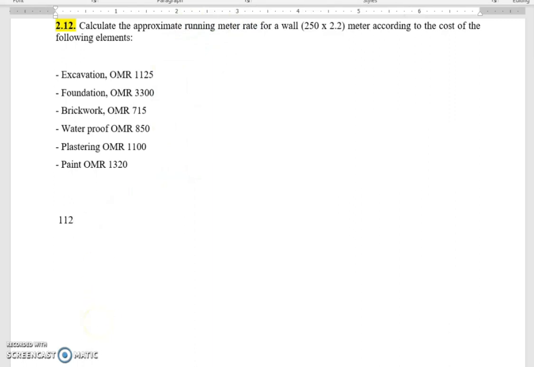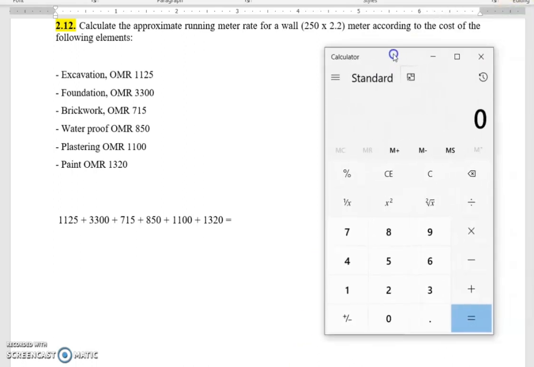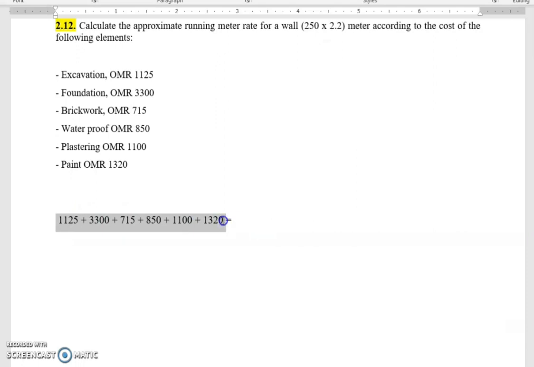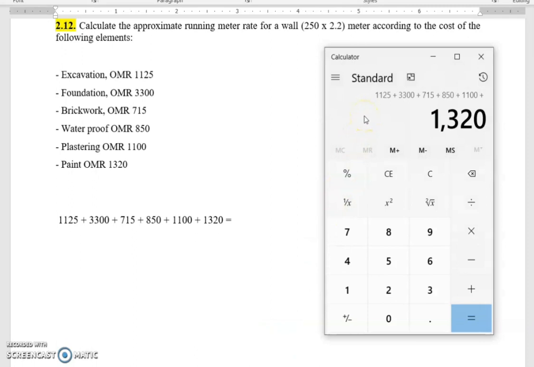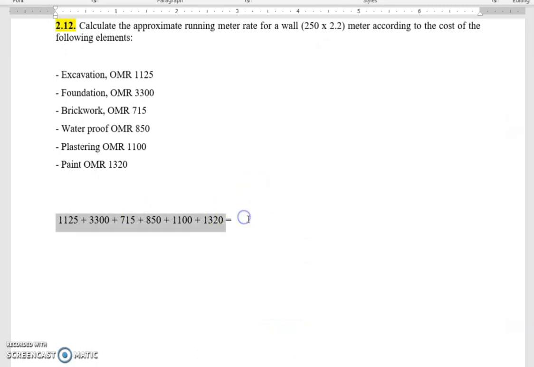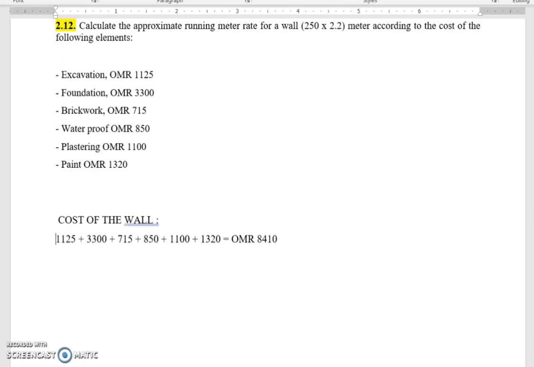Okay. Let's add: 715 plus 850 plus 1100 plus 1320 equals, let's see here, 8000. This is, let's say, the cost of the wall. Okay, so the cost of the wall